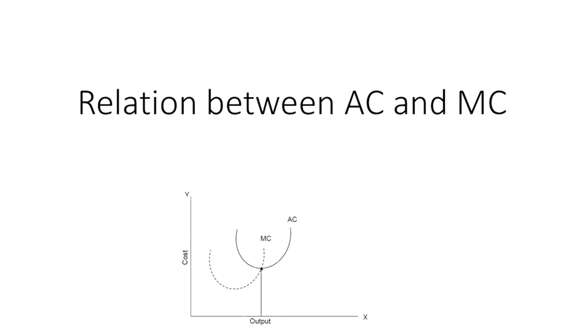So to sum up, we can say in the short run, the cost-output relationship is mainly influenced by the presence of fixed factors and the law of variable proportions. Initially, costs rise slowly as output expands due to increasing efficiency, but beyond a certain level, costs rise more rapidly because of diminishing returns. This creates the characteristic U-shaped short-run cost curve. Thank you so much.